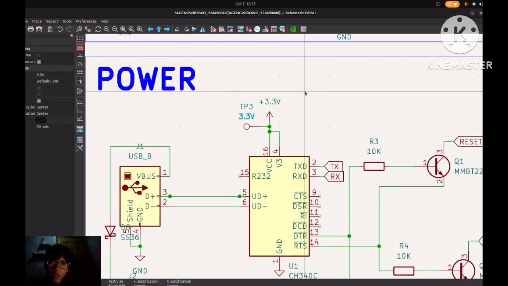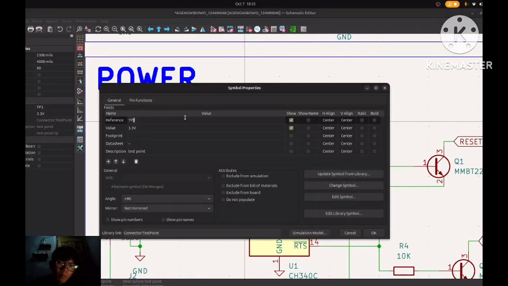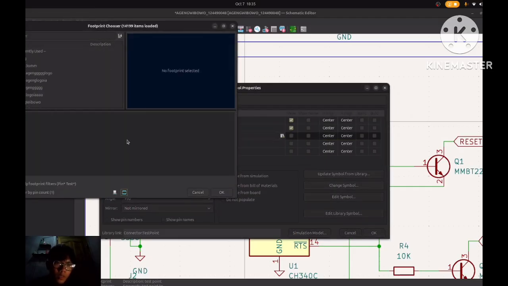Next step, you add the footprint on this point.